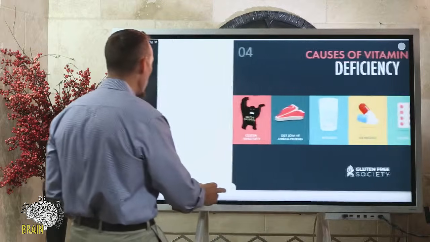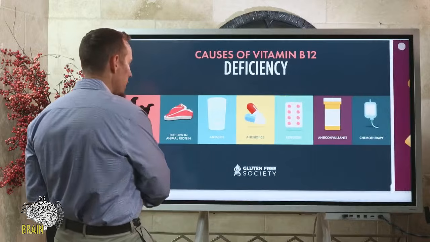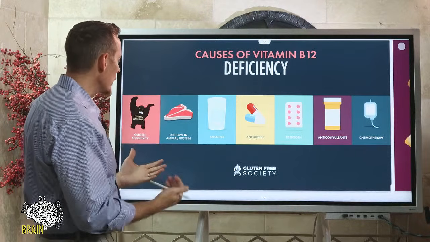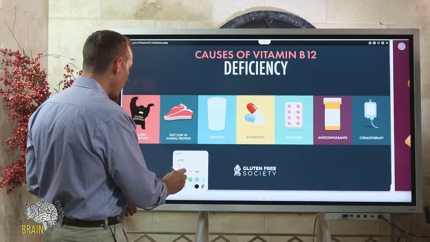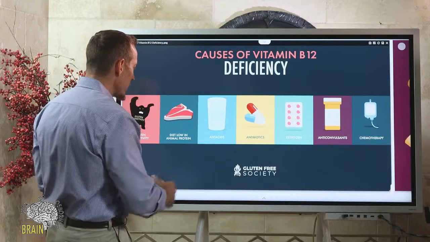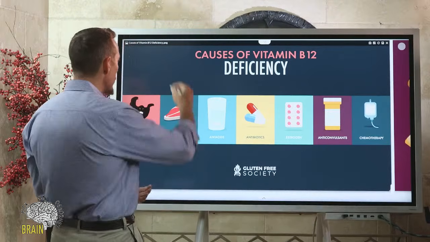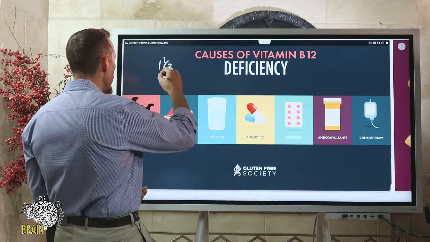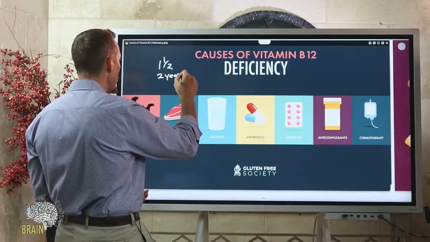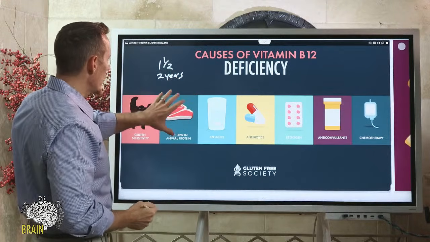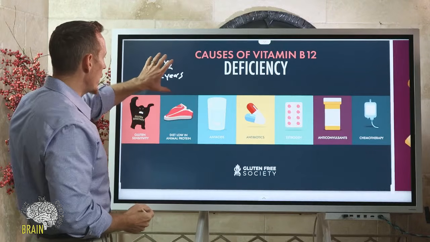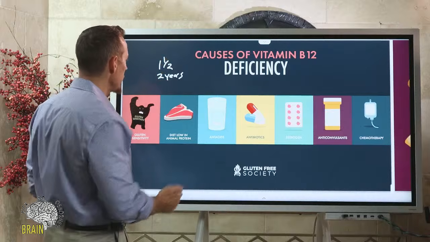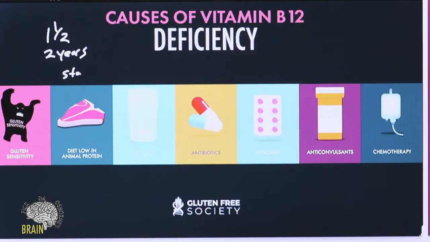But you want to be aware of that, because if you're not getting adequate protein from animals, your liver has about 1.5 to 2 years of B12 in it. And that's from the day you go strict vegetarian. So your liver has this ability to store B12, and for most people it's got about 1.5 to 2 years of storage. So a lot of times, and the reason I say that is because a lot of you go vegetarian